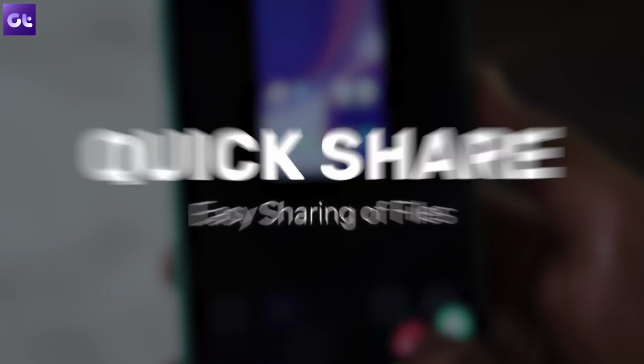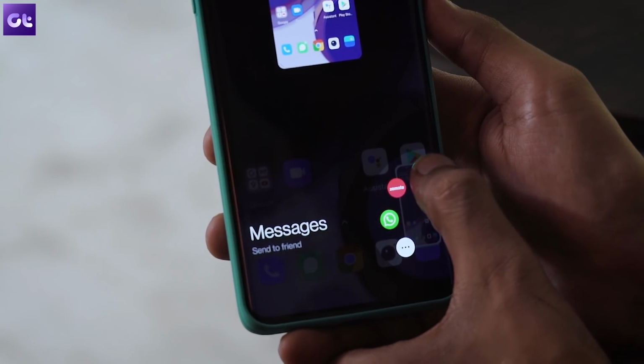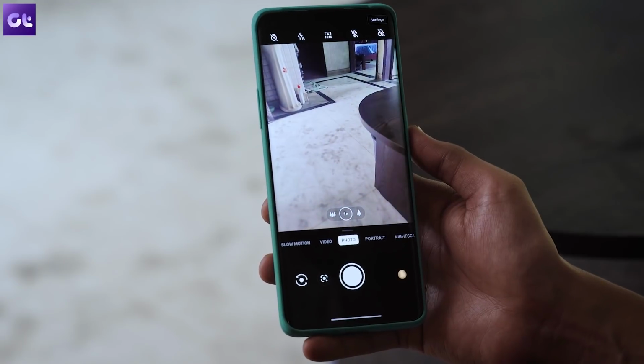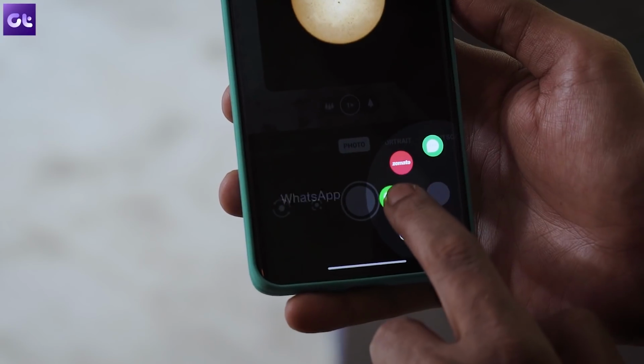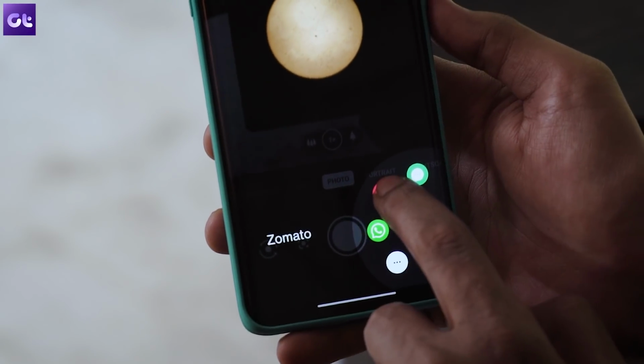Now, one of my personal favorite features or tricks, or I don't really know if it's a feature or how to describe it. It's not an app, but basically Quick Share is now on OnePlus Oxygen OS. So what it basically does is that it allows you to easily share your images or screenshots with your friends or on social media without having to go through a lot of menus. So say you take a screenshot. Just tap and hold on it to open up this nice little wheel of quick shortcuts to share to. Even inside the camera app, the moment you take a photo, just tap and hold on the image thumbnail and you get the same share menu there as well. It's just very intuitive and I really do like it.